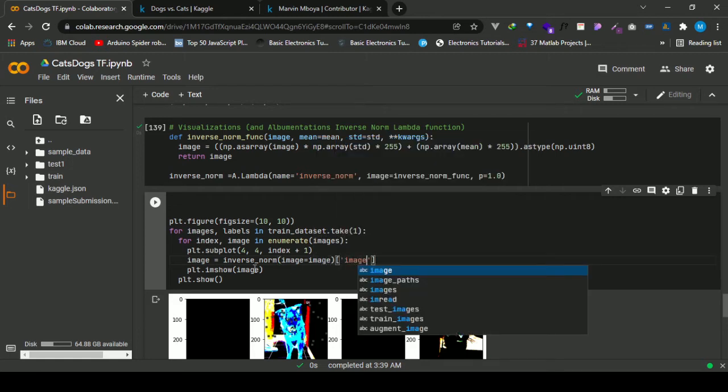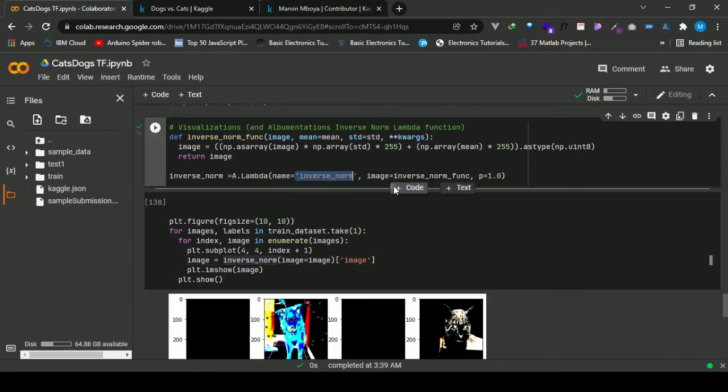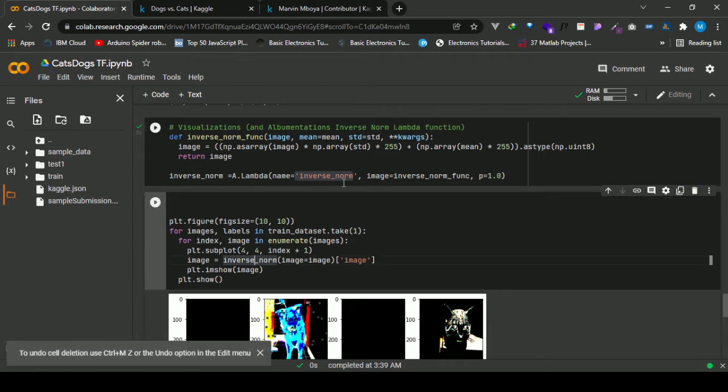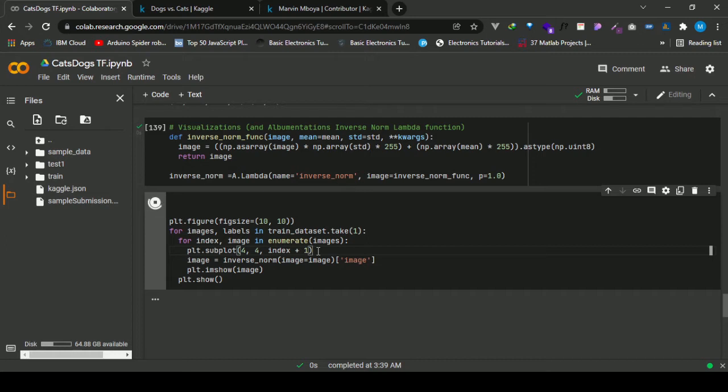One thing to note, this inverse norm is the name here, which is also the name here. Then this one image will be the function which we have defined here. So now if we run it